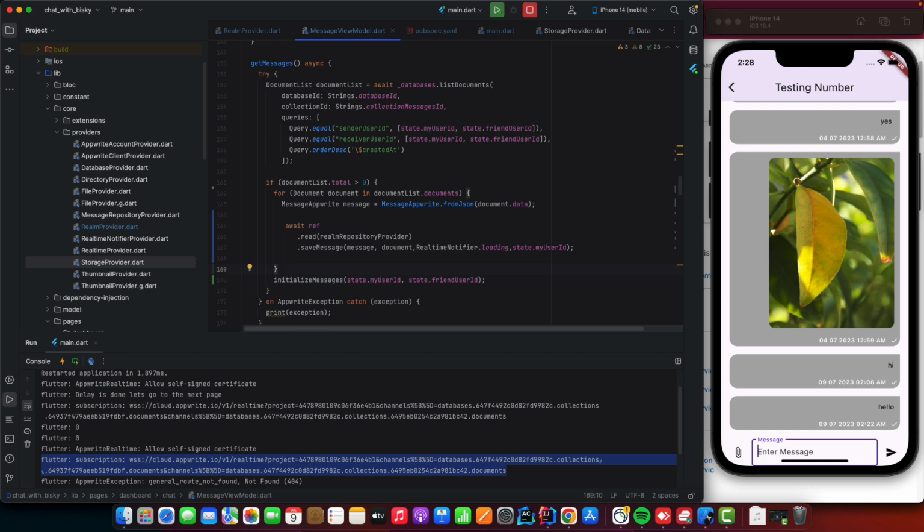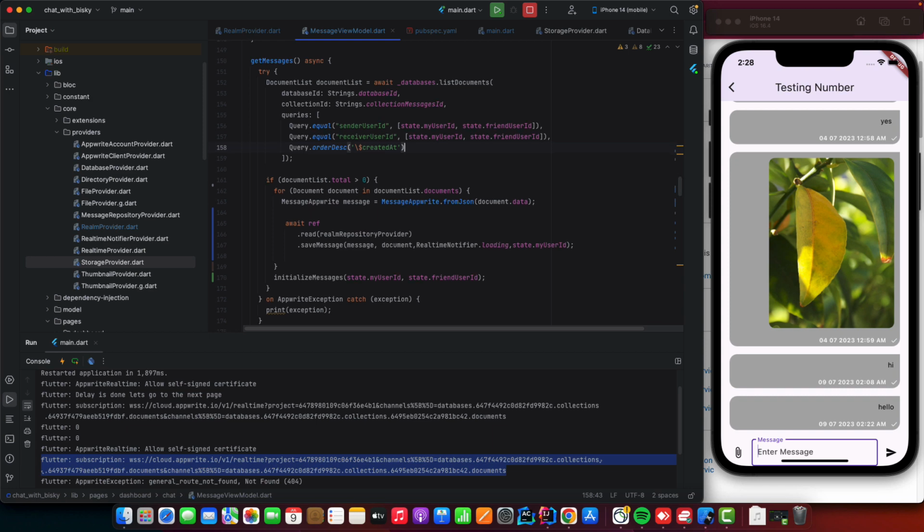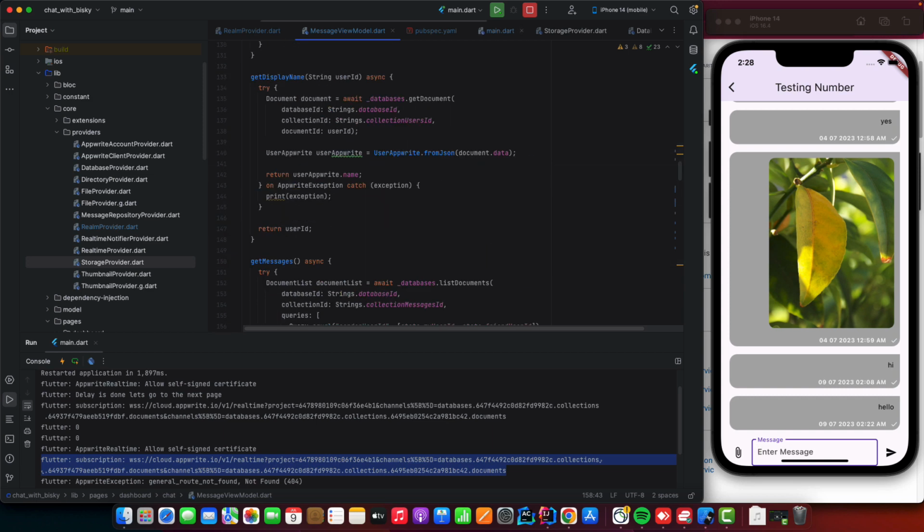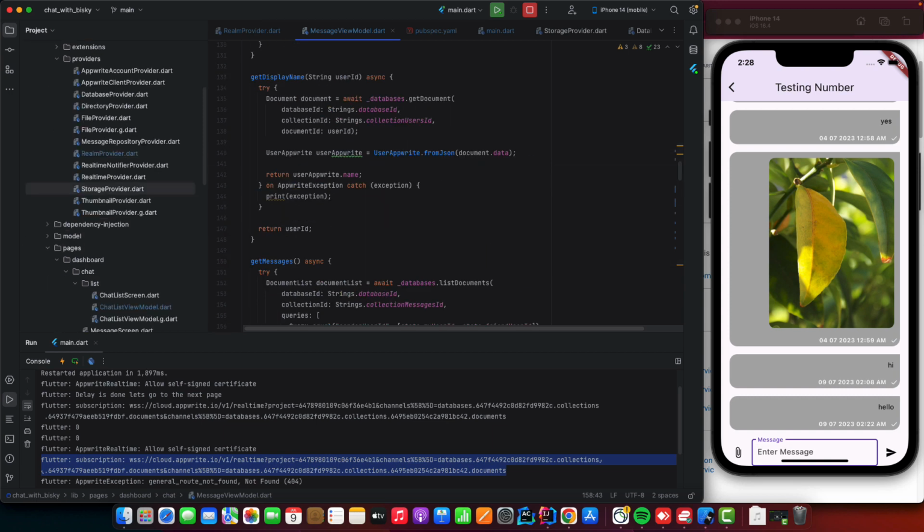So after doing this, we are saving all the messages, and what we can do, we can order by this, it's okay. So let's do the same,